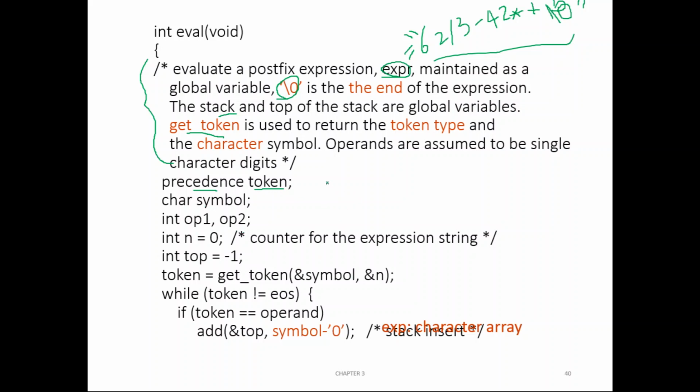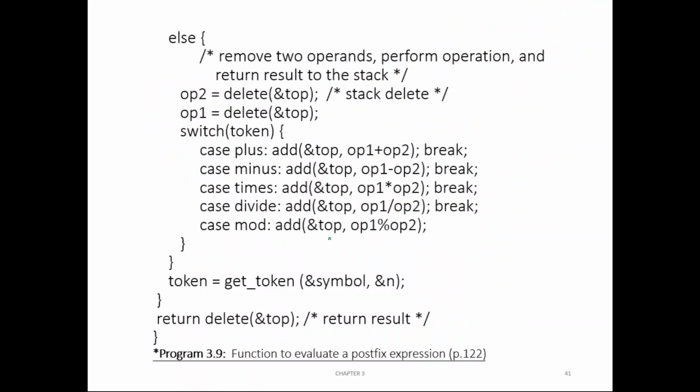What is symbol? Symbol is a character. So in memory there is something called symbol and it has some address, say its address is 2000. Similarly there is n, an integer whereas symbol is a character. n also has some address, say this is 3000. These two addresses you are passing to the function called getToken. So in getToken you should use pointers. Let us see that function getToken.